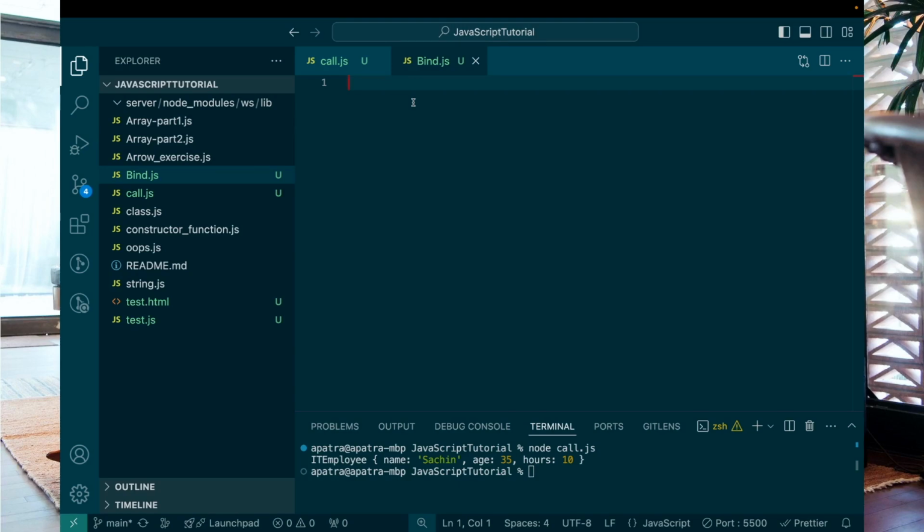Now we'll discuss the bind method. The bind method returns a new function, and when we invoke the function, it sets this context inside that function. Okay, so bind is basically like call and apply, the concept is the same, but it just returns a new function, which we can call or execute later. So basically if we extract a method from an object,